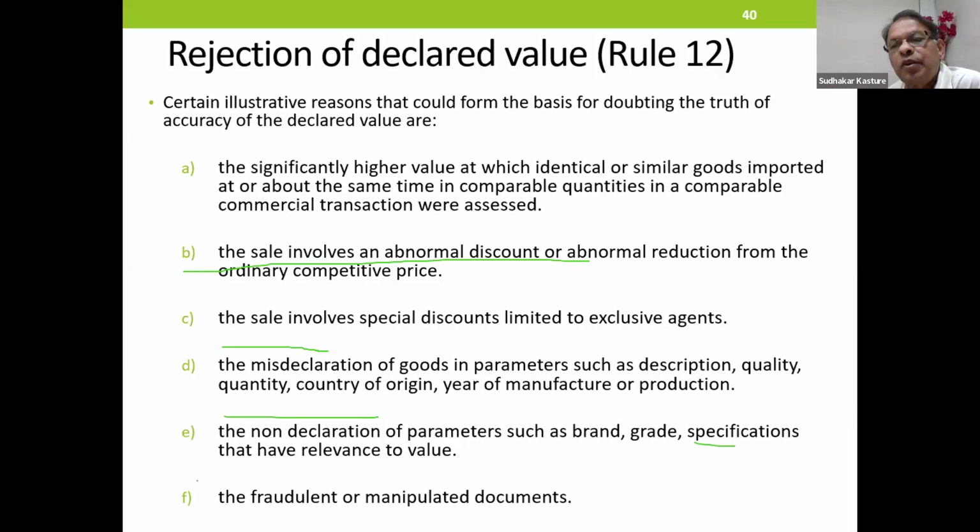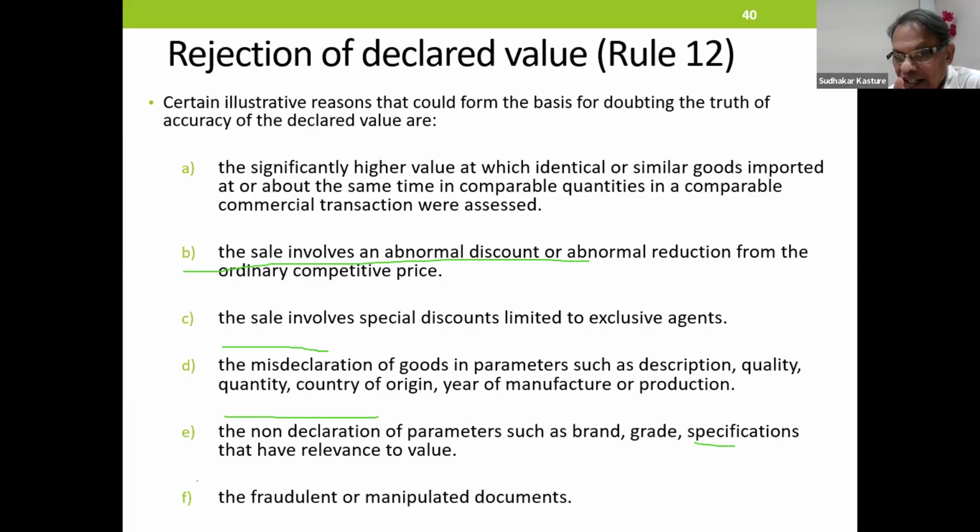How do you compare a commercial transaction? The shipment can be on DDP, value is different. Shipment can be on CIF, value is different. Shipment can be on FOB, value is different. You purchase something ex-works, value is different. You import that. Rule 10 provides you these details. What all has to be added to arrive at CIF. You must read the valuation rules carefully. You get the idea about this.